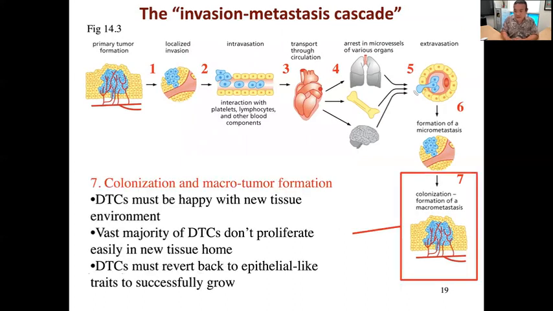So this brings up the seventh stage in this invasion metastases cascade. Right? I mean, it's one thing to have the body littered with thousands of little micrometastatic lesions that are like a handful of cells, because honestly, even though that sounds really scary, if those micrometastatic lesions don't actually start dividing again and they just stay there as a little handful of cells, eventually some of them will just go away, right? And they're not really disrupting the function of the new tissue that they've ended up in, right?